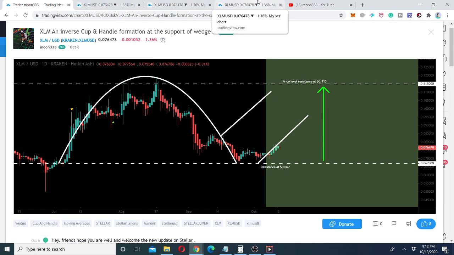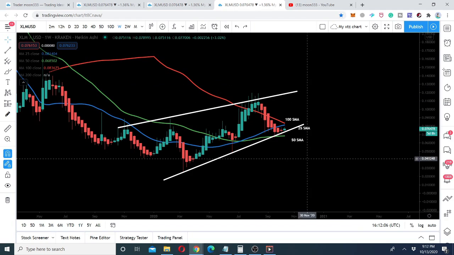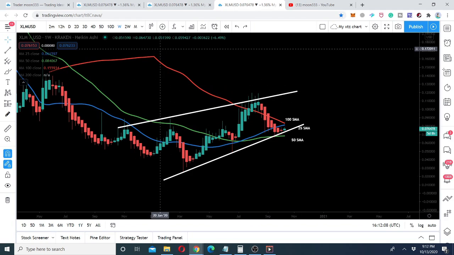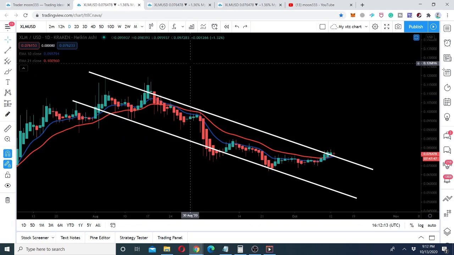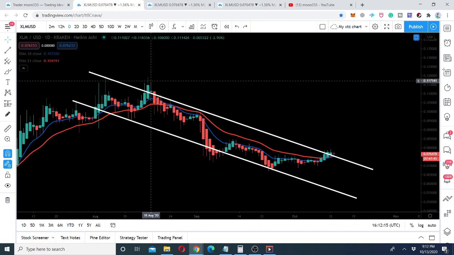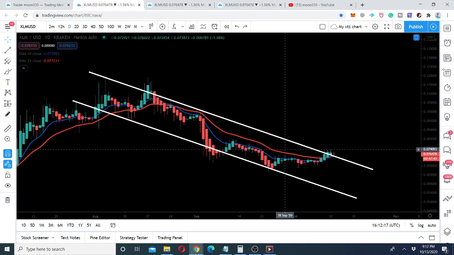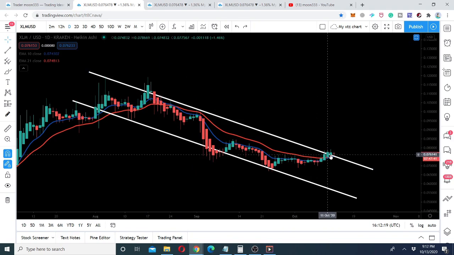And we will also take a look at this weekly chart where the price action is moving in this rising wedge pattern. Before that, I want to show you this daily chart where the price line is moving in this down channel, and at this time the price line is likely to break out of this resistance. At this time you can see that the price action has closed above this resistance of the down channel,